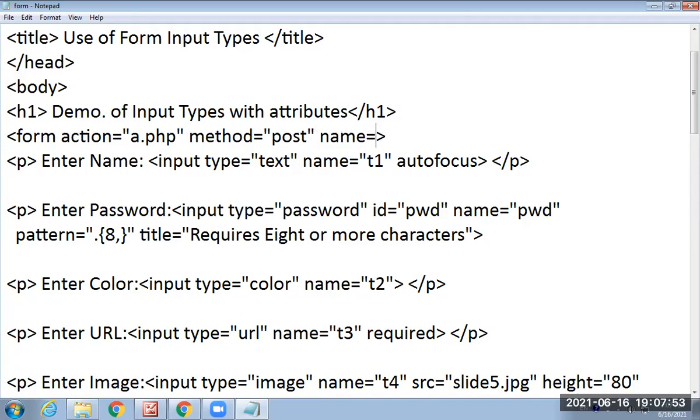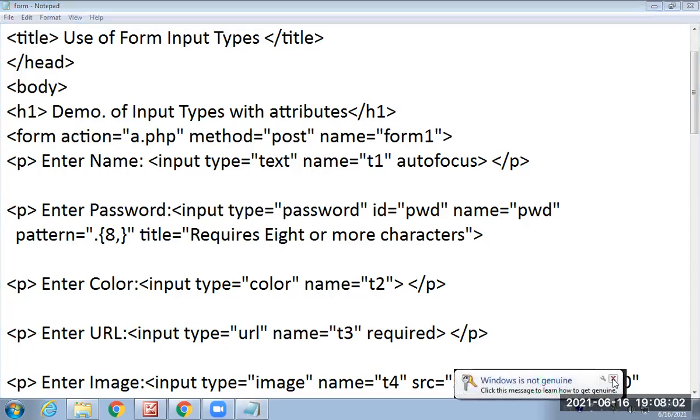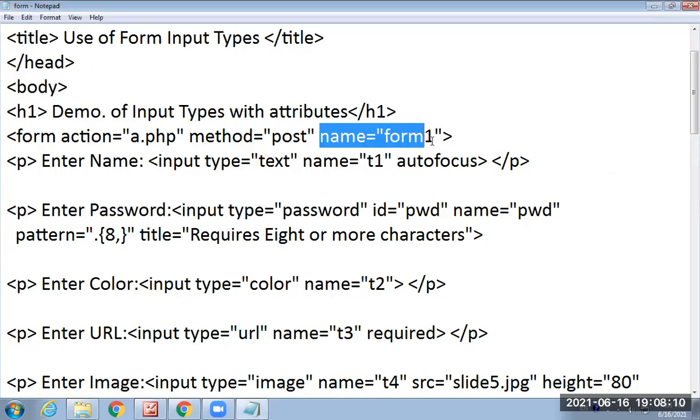First one is the action, second one is the method, and third one is the name. Here, the name attribute is used only to indicate the name of this form. In general, when we are using multiple forms, that time we have to use the name attribute. But action and method, these two attributes are very essential.